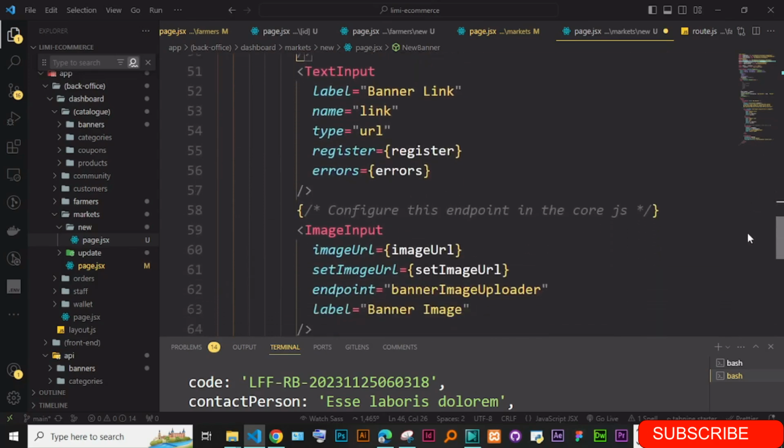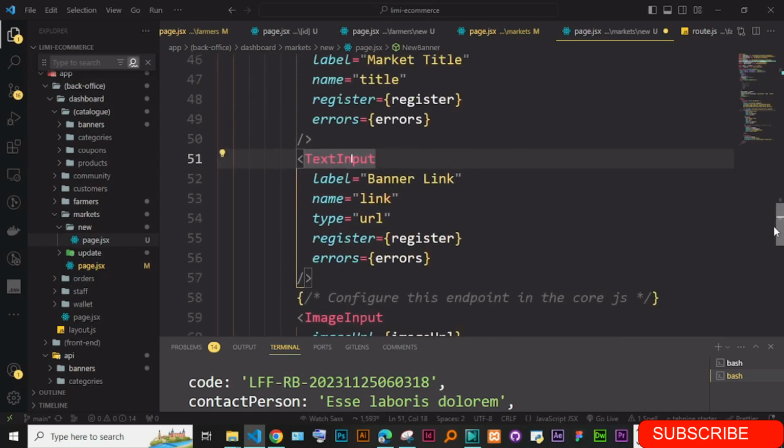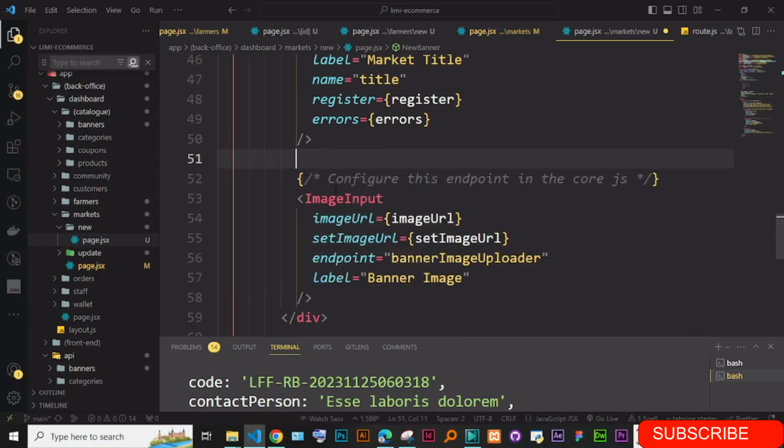Okay, so here we'll have the description maybe. So this one is going to be text area input, so you can just come here and you just do this, and this one is supposed to take in also a label. Yeah, so this one is supposed to be market logo,